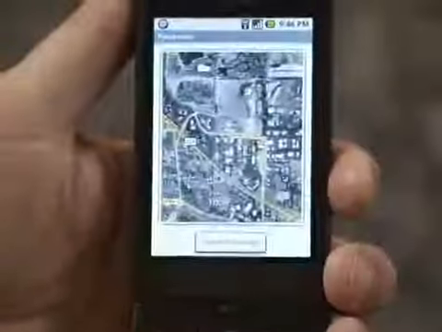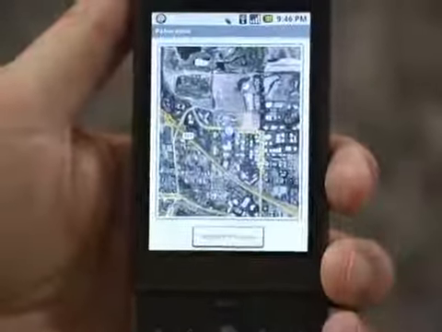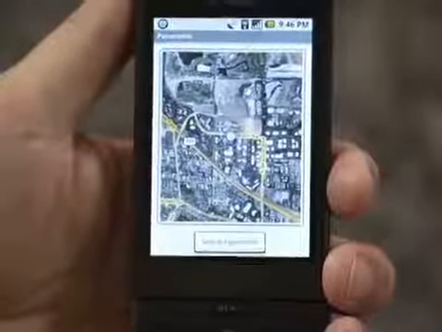Now, my application mixes together user-created content from the web along with compass and GPS information and an embedded map view, all into kind of a geosocial stew. So we're going to start by launching the application. And when it comes up, we see an embedded map view. This is showing the area that I'm going to use to search for pictures, and it's centered on my current